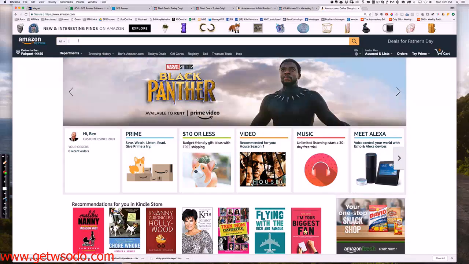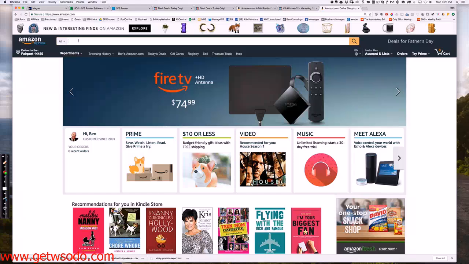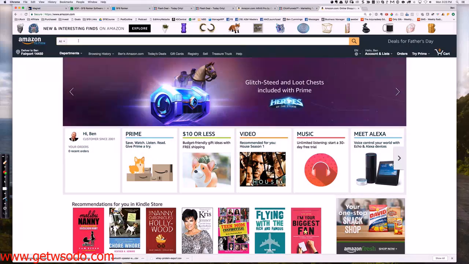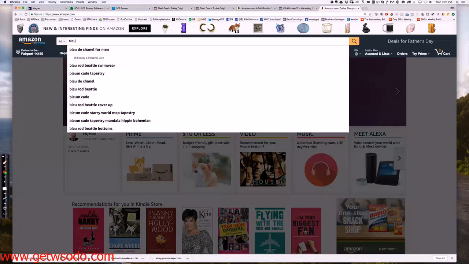This is Amazon's own ad platform. This is the best buying traffic that you can buy, because they're already on Amazon. If they're on Amazon, they probably already have an account. They're Amazon Prime, and they have a comfort level with that. So let's just do Bluetooth